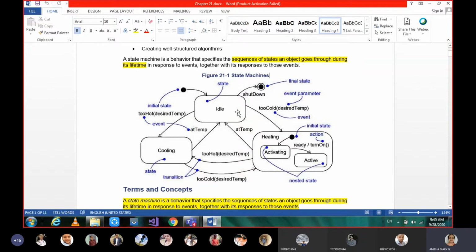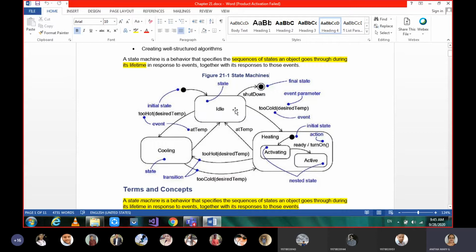Whatever the temperature, if it is not maintained, as soon as you switch it on, it will run into the heating state, and after some temperature it will again move to the idle state. So this is based on when you switch on and off.